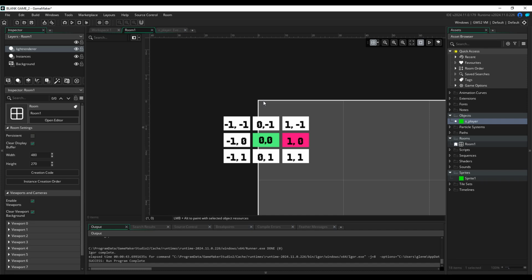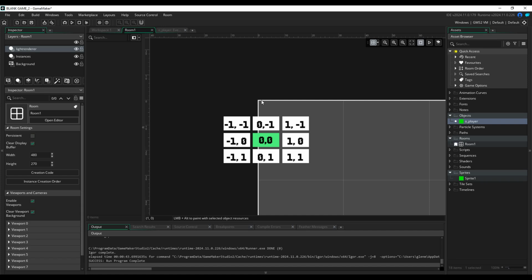But if I was not holding down the right key and instead I was holding down the left key, I would get -1, 0. And then if I was holding down just the up key, I would get 0, -1. And then if I was holding just the down key, I would get 0 and 1. But then if I were holding the right and up key, I would get 1 and -1. And then what I'm doing here is I'm comparing that. So you have the single coordinate, and if I'm moving 1 pixel to the right,